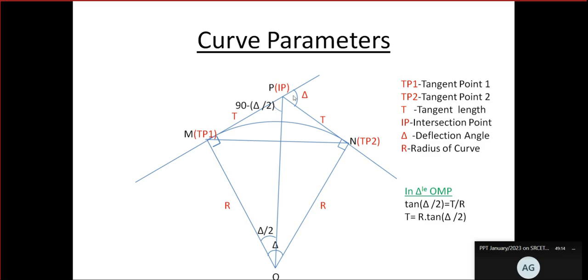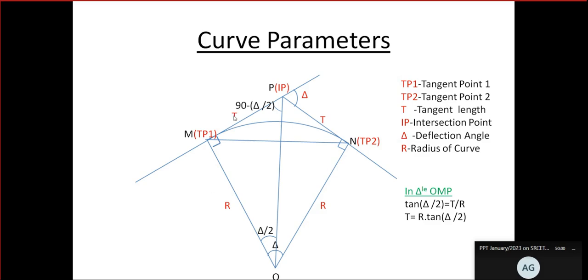So in between the two lines, we want to introduce a curve because our vehicle has to take a change of direction. Change of direction cannot be taken suddenly. Our vehicle cannot negotiate a 90 degree bend like a road vehicle. But wherever a change of direction takes place, we have to introduce a curve. If it is a main line, it will be a major curve. In the case of a turnout, we provide some simple small curve. So due to change of direction, you introduce a curvature here. You are introducing a circular curve, let us assume. So for that we need